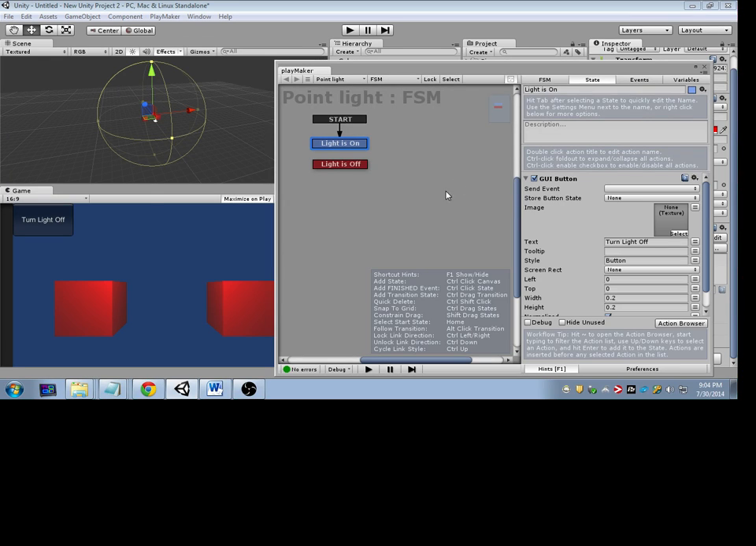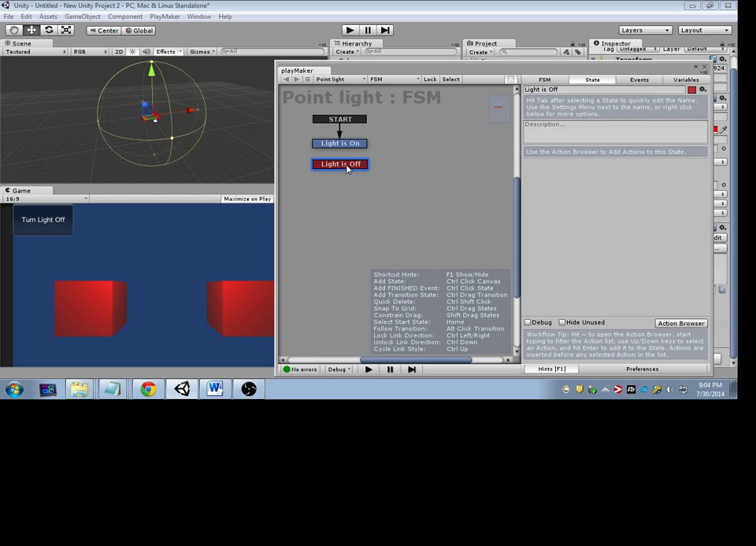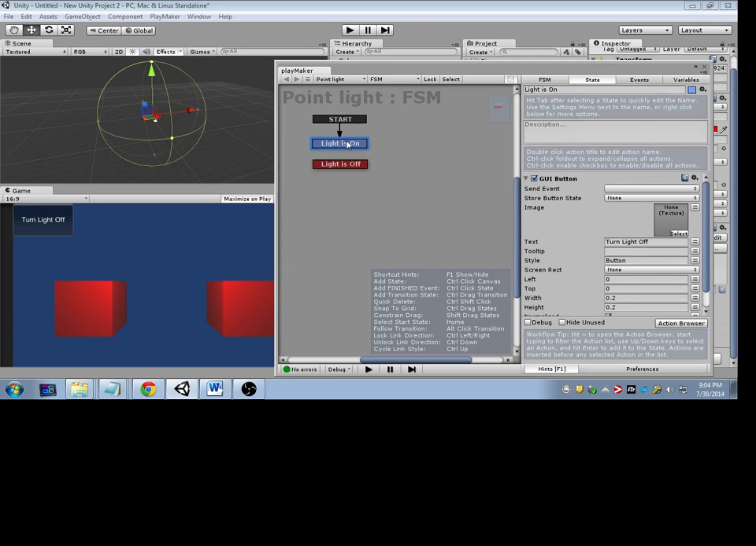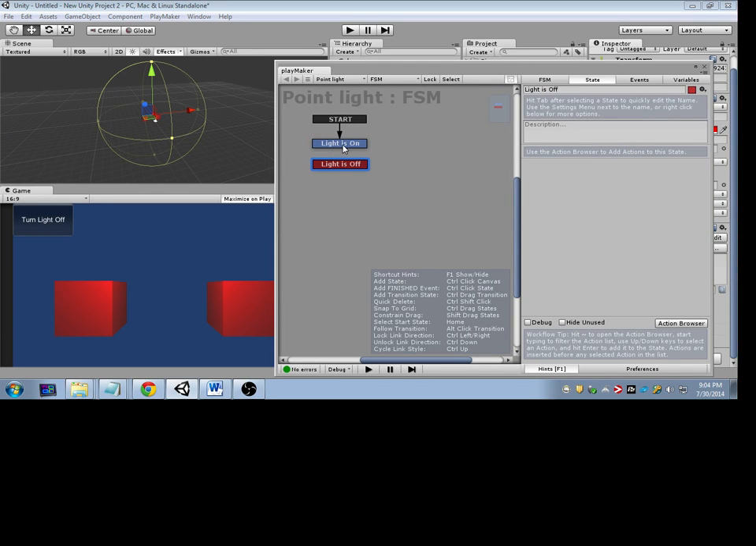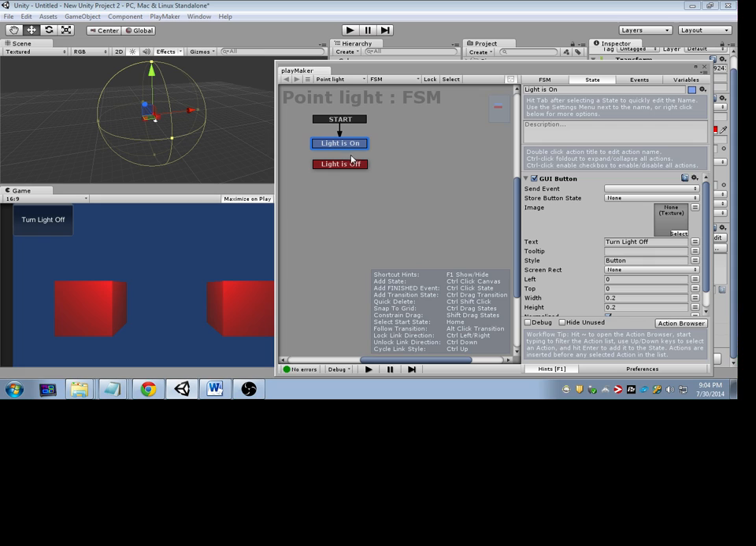So right now, when we click this button, nothing happens. What we actually want to do is, when you click the button, go from the light is on state, from this blue state, to this red state. So how do we set that up? How do we actually set it up so that this button transfers us from this blue state to the red